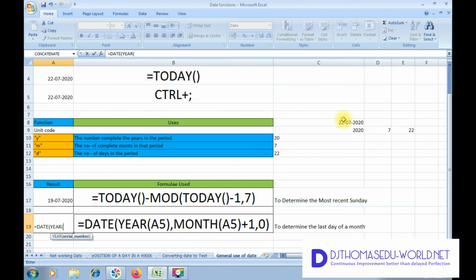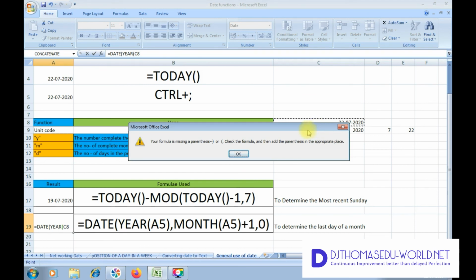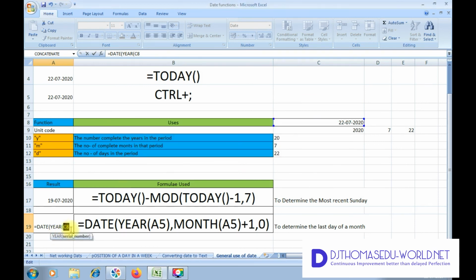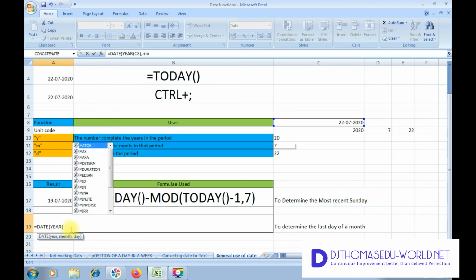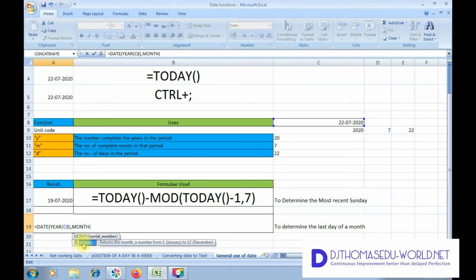I'll select the serial number as today's date, where it automatically inputs the year, comma, month, select today's date itself, plus 1, comma 0, and I'll close